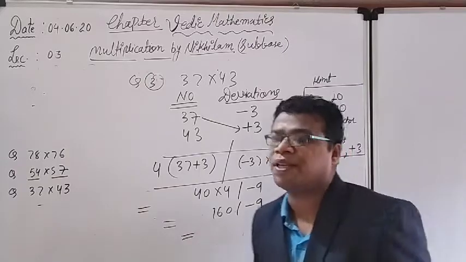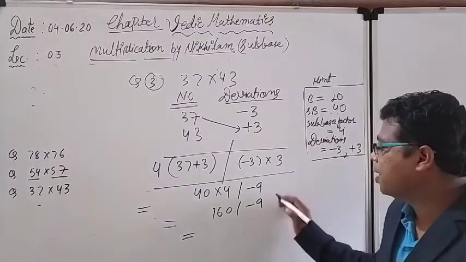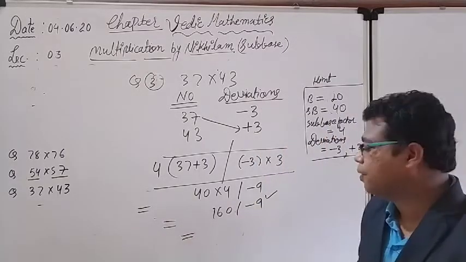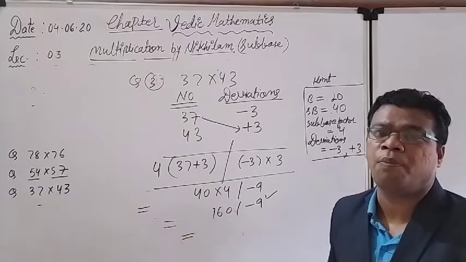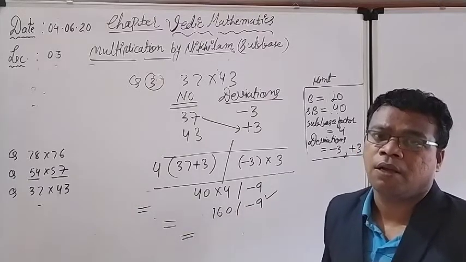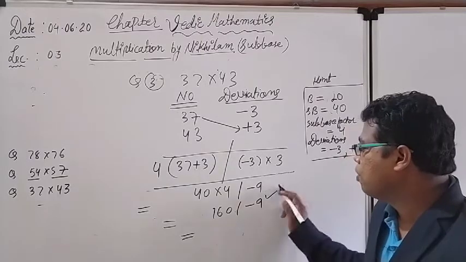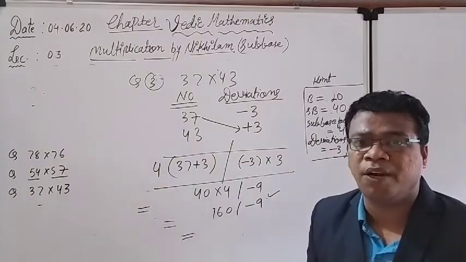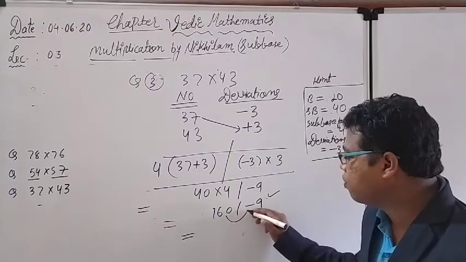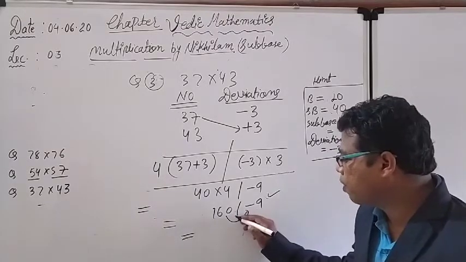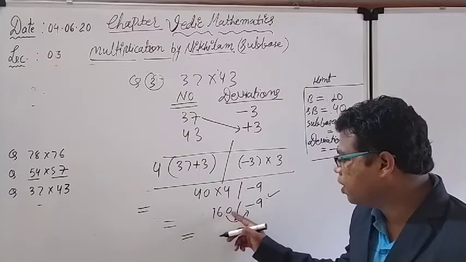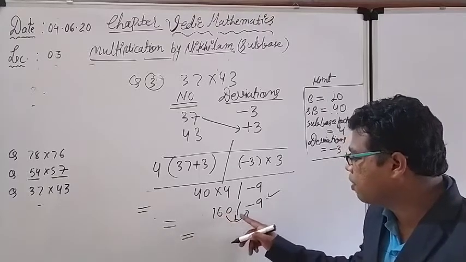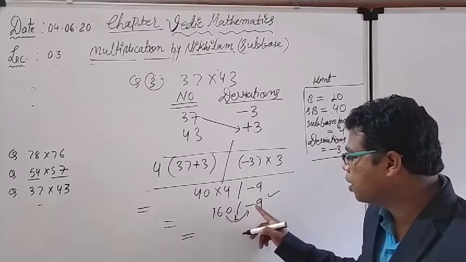From here only I will face the problem. What is the main problem? Till this digit is in negative form, I am not going to solve the number. So what I have to do, we have to convert this negative number into the positive one. And how are we doing it? Actually we have to take one borrow from here. So that 160 is giving one borrow to this negative number.